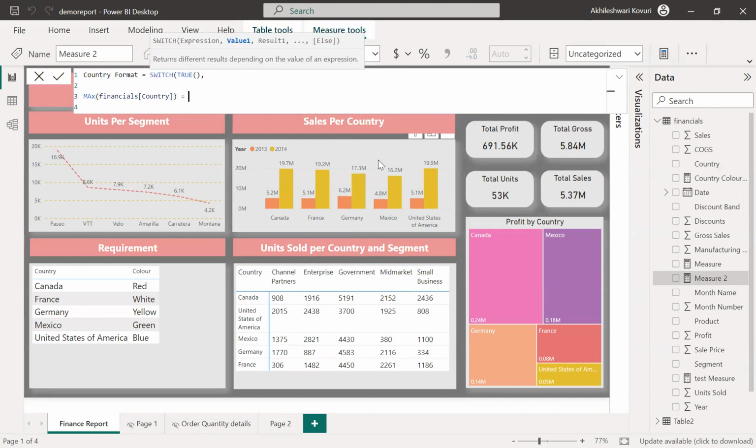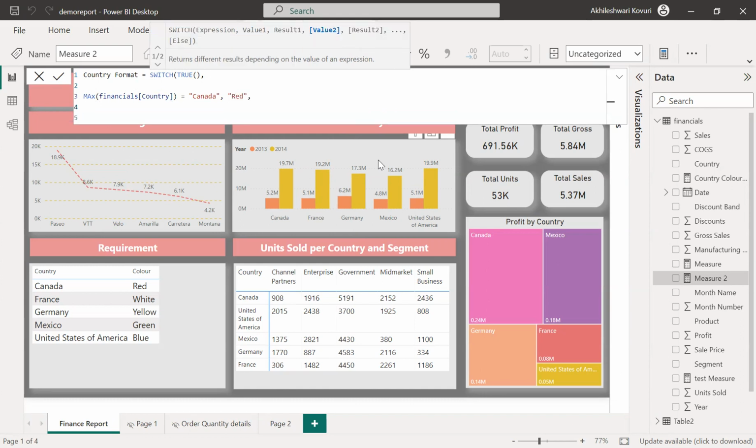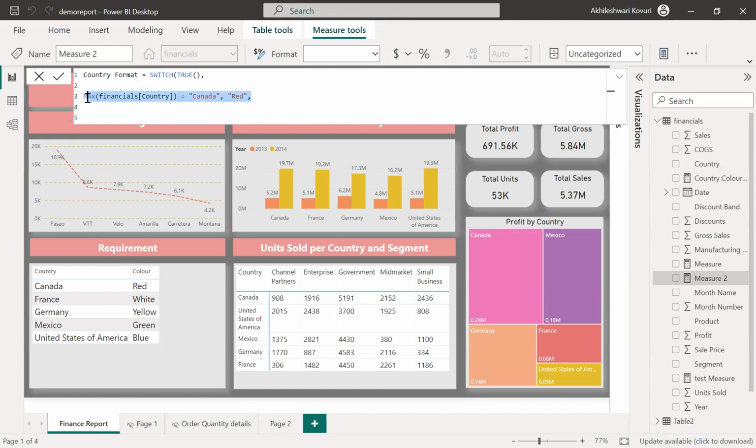Whenever this max value means for each row, for a particular row, when it is Canada, please return red. Enter. I'm copy pasting this. When it is France, please return white, means no color coding. When it is Germany,